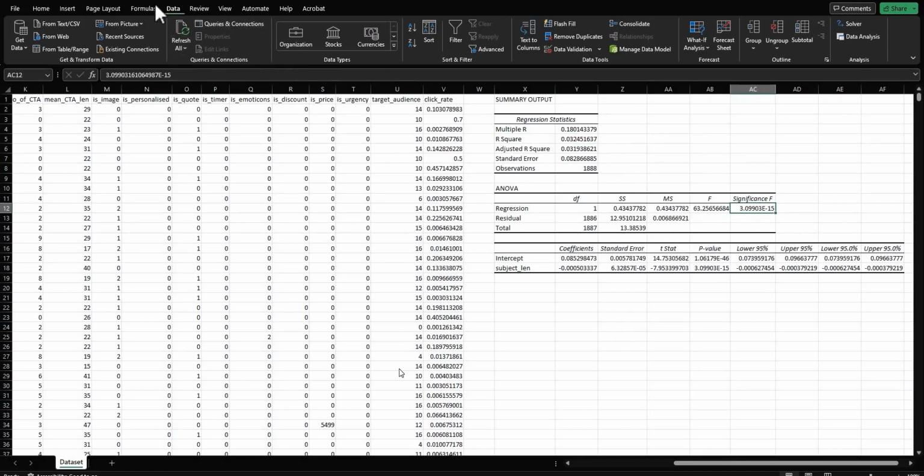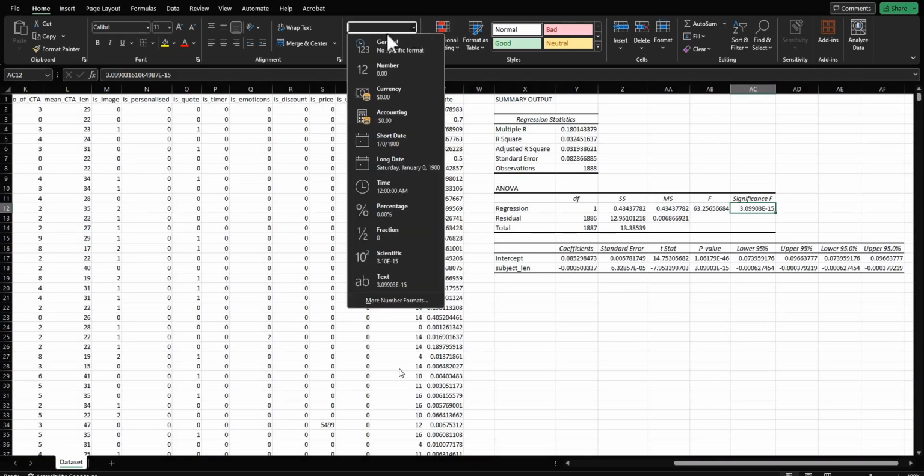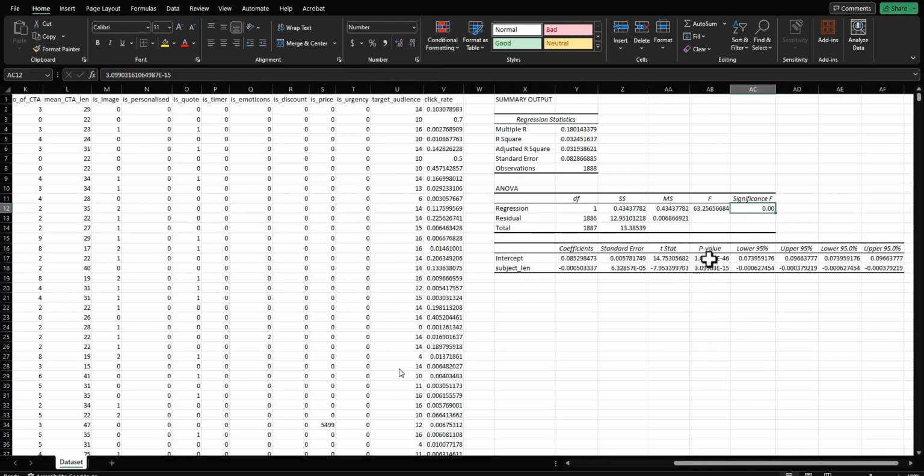Our significant F, if we come over here and change that into a number, our significant F is good. It's below 0.05. Our p-value is also below 0.05, so that's pretty good. But let's take a look at the actual change here. So our subject length, what this means, I'm going to write out the regression equation here so you can see it. So our regression equation for this very simple regression that we've just done is y, or in this case,